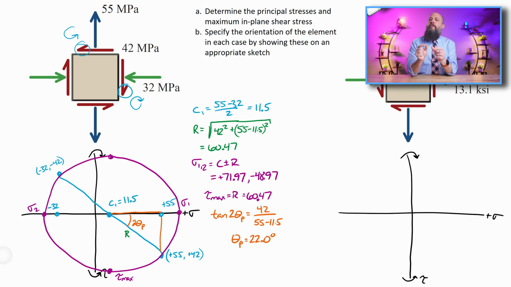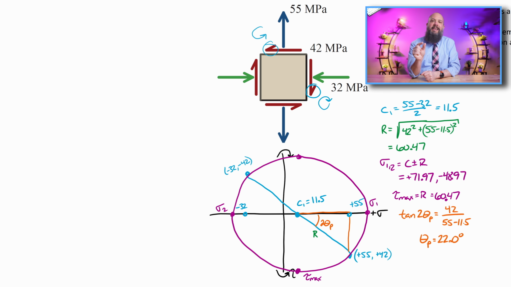So now the big question, how do I actually use this 22 degrees to rotate my stress element to describe these principal stresses? And now this is why we found those points at the beginning, this 55, 42. From that red dot, if I rotate counterclockwise back to sigma 1, back to the x-axis, back to the principal stress,